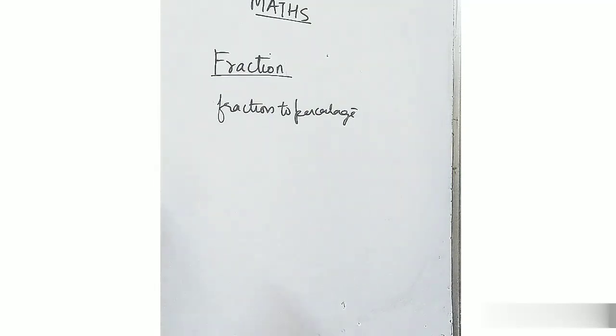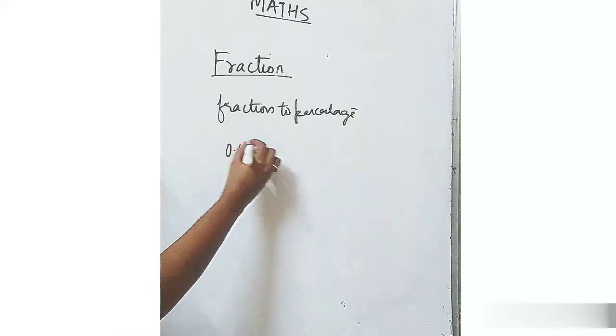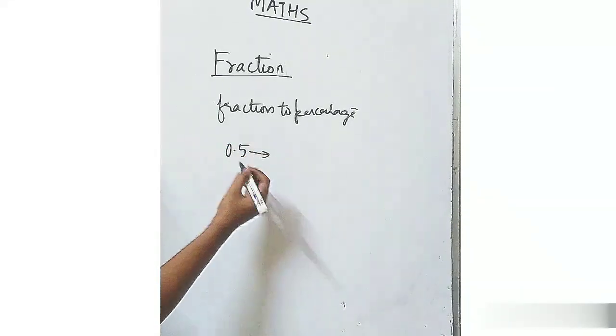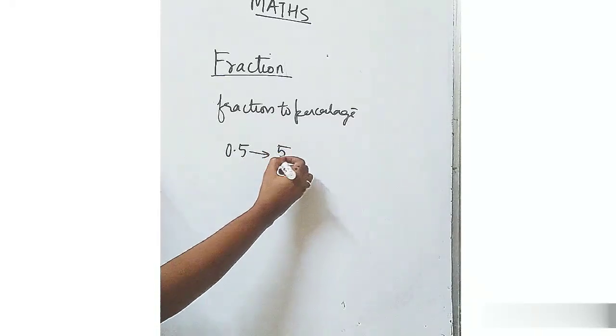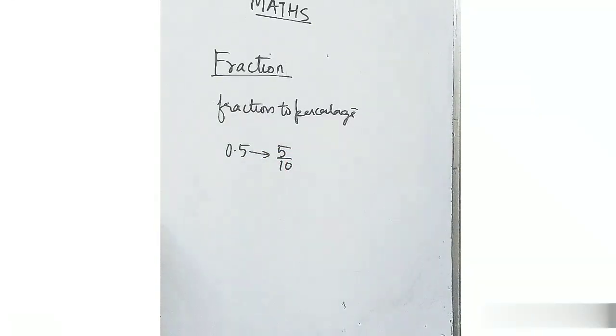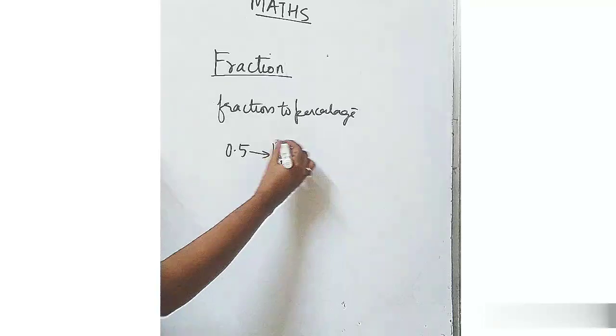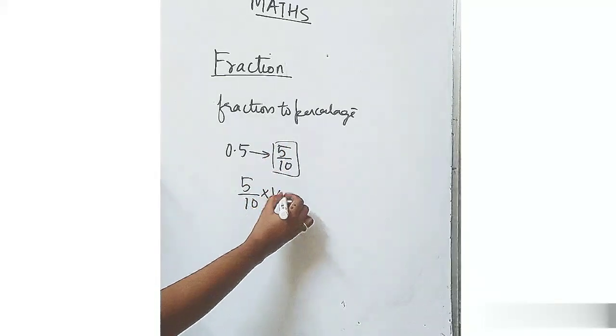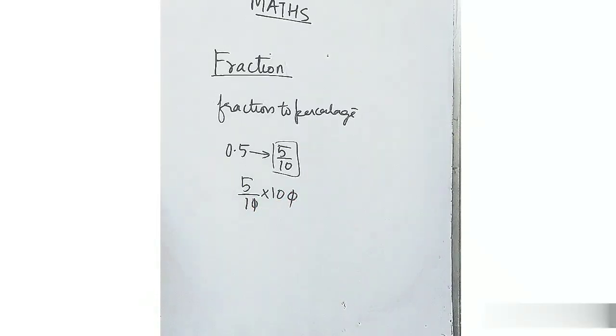For example, I am talking about 0.5. Now how will I write 0.5 in fraction form? I taught you just now how to write it: 5 upon 10. Now what are you going to do? We got the fraction. Now we have to convert it to percentage. So I told you to multiply by 100. Now the 0 and 0 in the numerator and denominator you can cancel out, students.